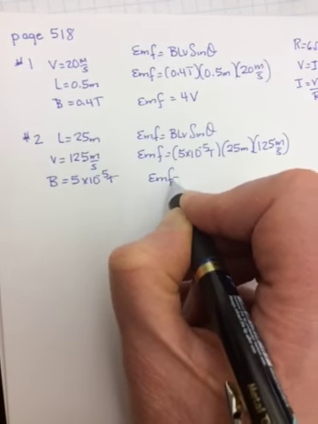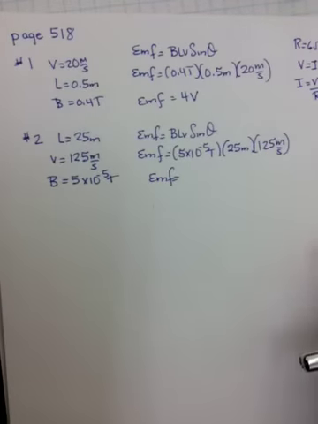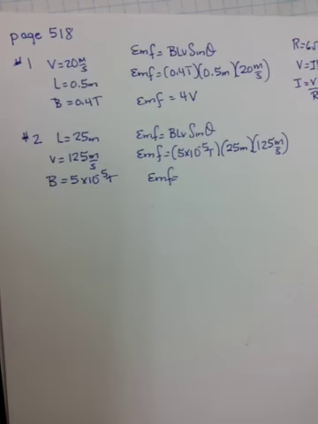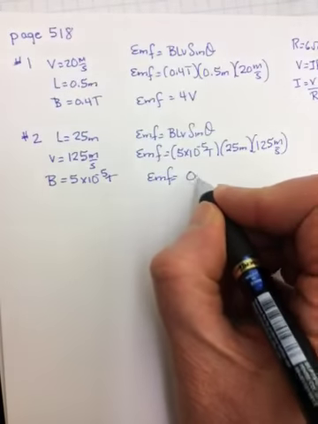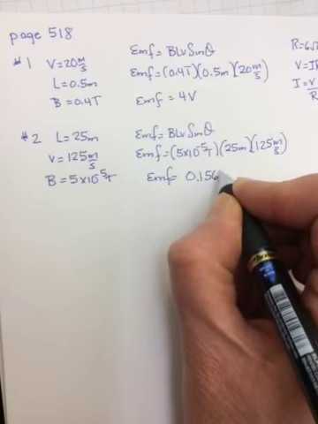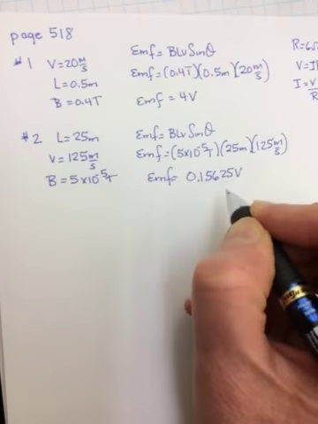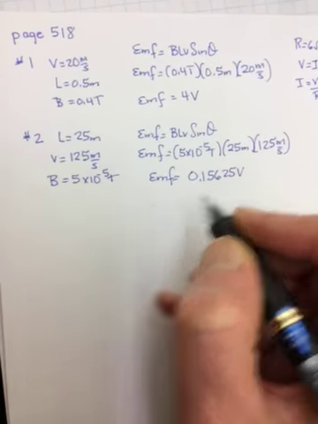EMF equals, I don't know that I can do that in my head. 125 times 125. 5 times 10 to the negative 5 times 25 times 125. Is it 0.15625? 0.15625 volts. No part B. Number 3